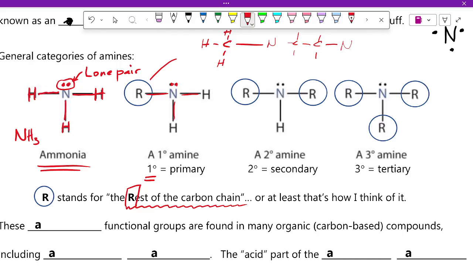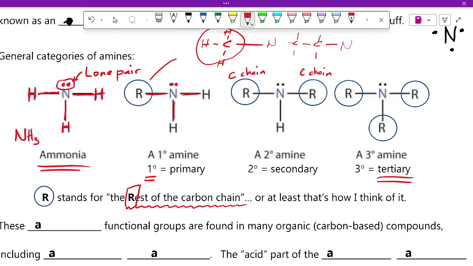If we have 2 carbon chains, so the R is a carbon chain, R is a carbon chain, and when I say chain, it doesn't really have to be a chain. You could have just a single carbon, but it's at least 1 carbon. That's called a secondary amine. Okay, and if you have the N attached to all of those things, that's called a tertiary